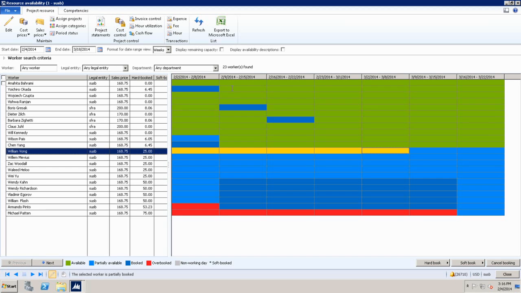You can, but it's a 2-step process. The question was that, can you substitute or replace resources? So the answer is you can, but not in one go. You have to release the resource and assign another resource. Another good feature that we have in our feature list, but we don't have it right now. It's a 2-step process.